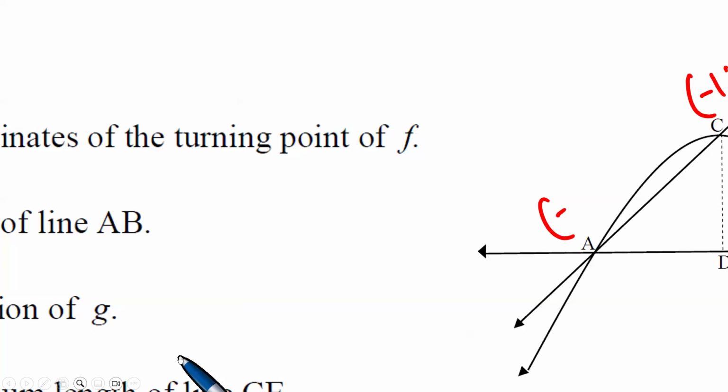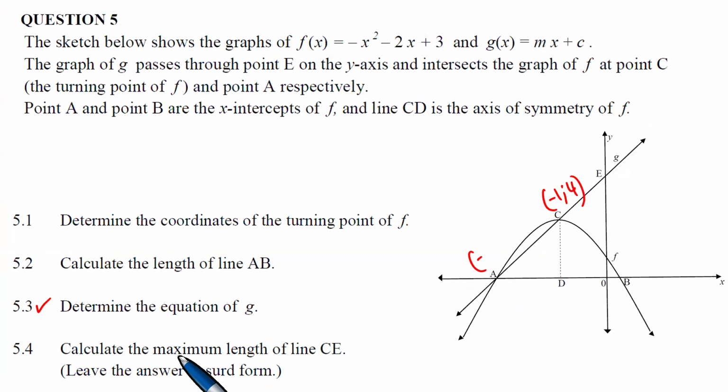So this is actually -3 and 0. And if you want to find the equation of G, and G is this straight line,